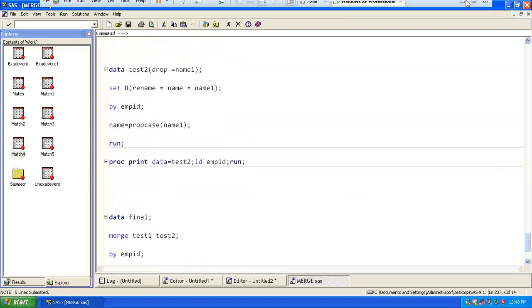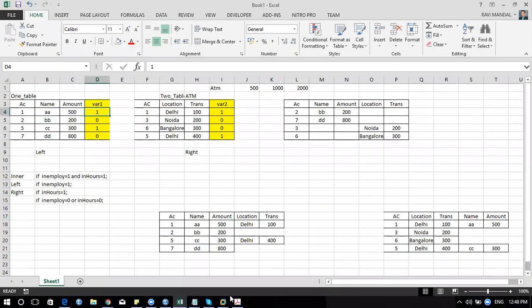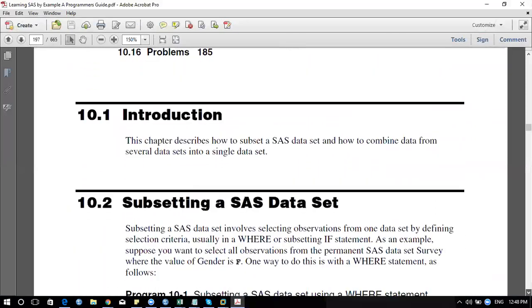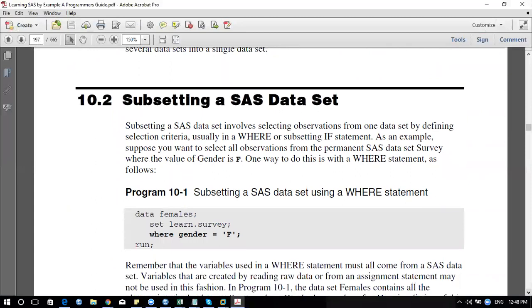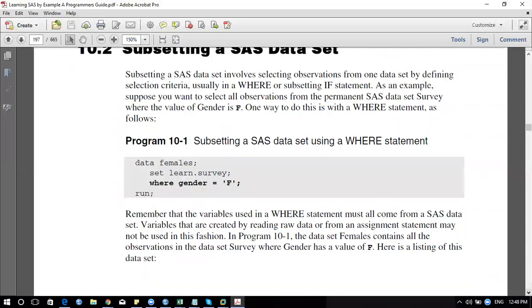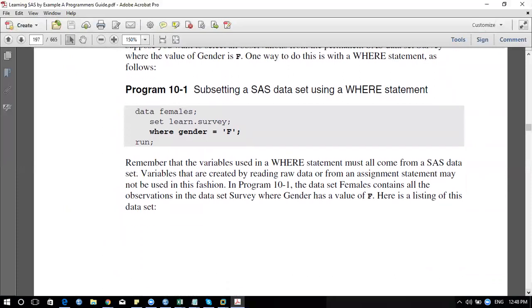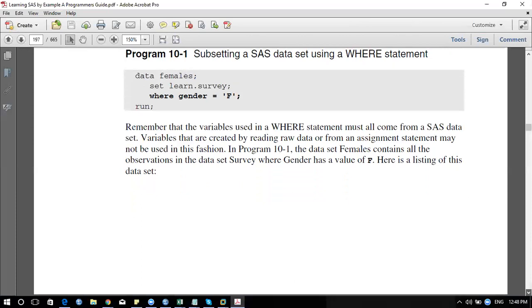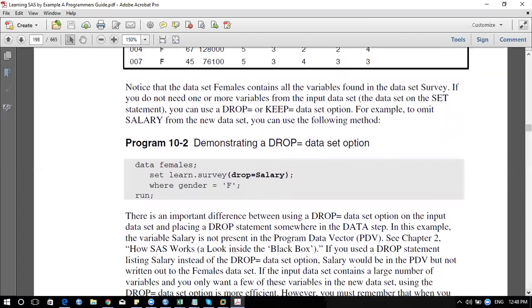Now we'll come to the point. I'll explain how things work here. Here we are doing it by the where clause, if I wanted to create one more data set based on only a single condition, correct? Yes, you can use the where clause. Here you can use drop if you don't want to include something while filtering your data. Correct?